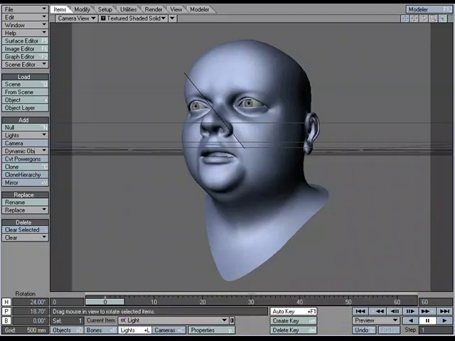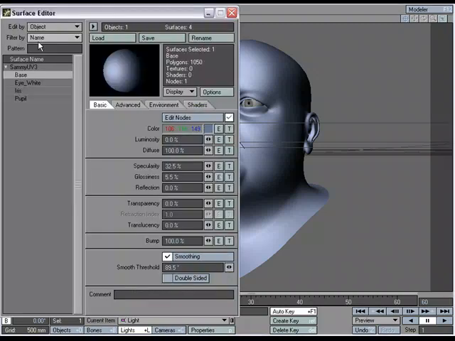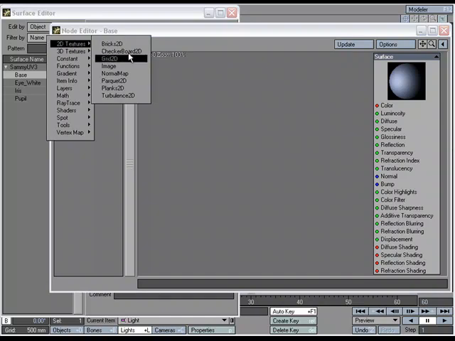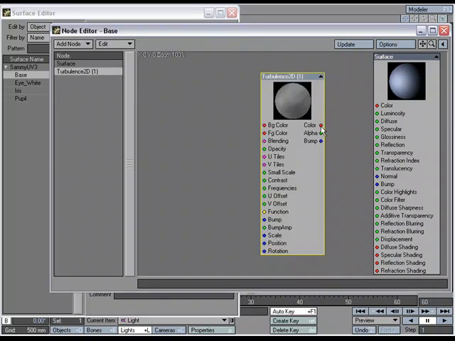In an advancement over LightWave's 3D procedurals, the 2D procedurals can also be applied directly to a UV map. I'll open up the surface editor, choose Edit Nodes, and let's add a 2D texture node. I'm going to use Turbulence. I'm going to link it to the color channel over here on my surface node. I'm going to double click,